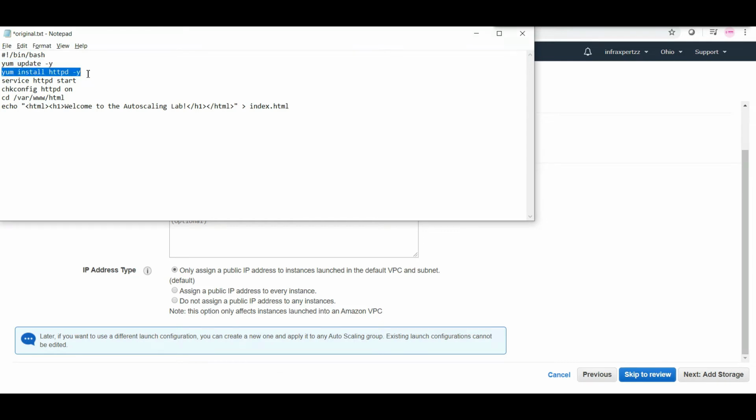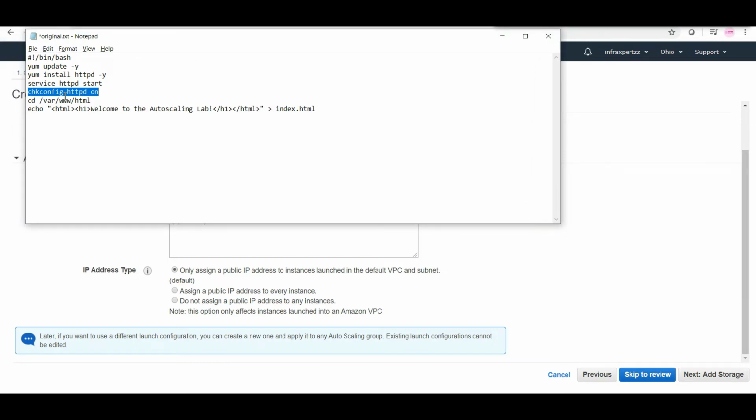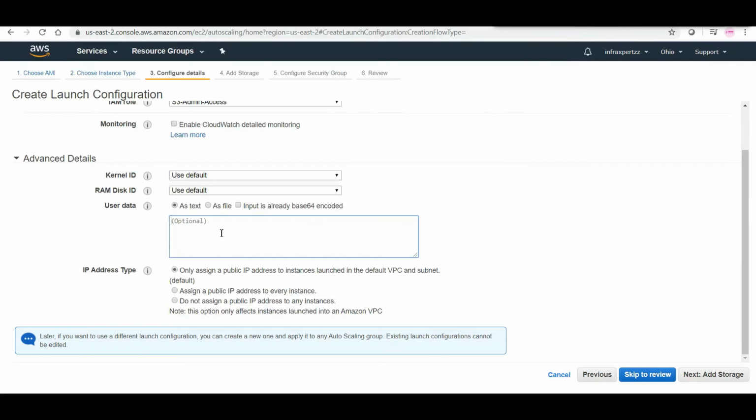We will install Apache, start our Apache services, and configure HTTP on, so that once the server reboots, it will automatically start your Apache services. We will create an index.html which will flag welcome to autoscaling lab. So we'll put this bootstrap script in here.